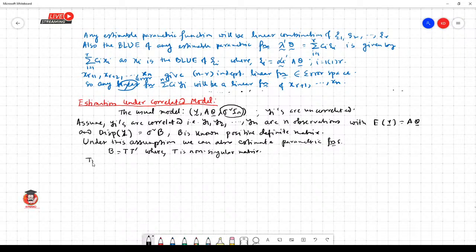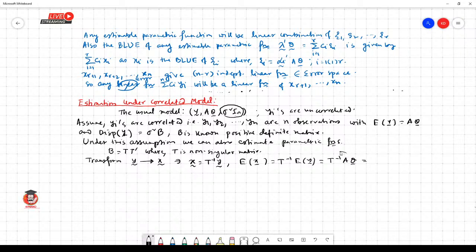Transform y curve to x curve such that x curve equals T inverse y curve. Then the expectation of x curve is equal to T inverse expectation of y curve, since T is a non-singular matrix, T inverse exists. So T inverse into the expectation of y curve is equal to T inverse A theta curve,